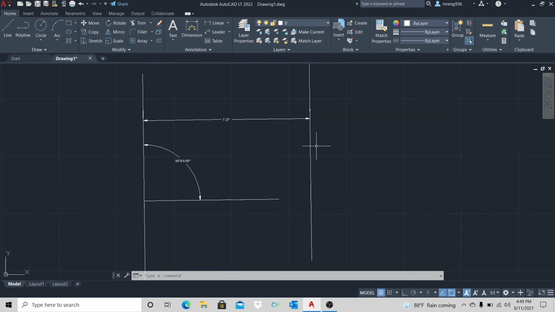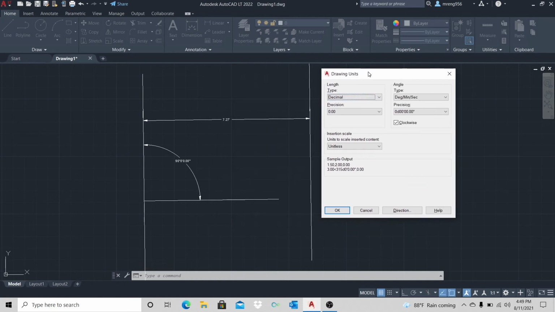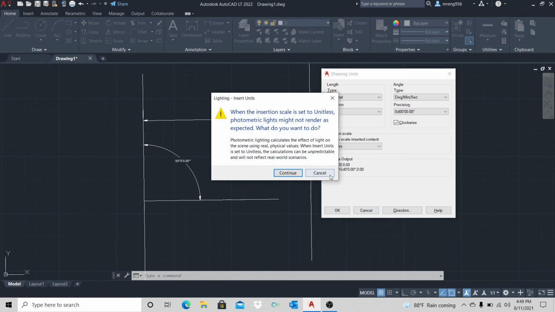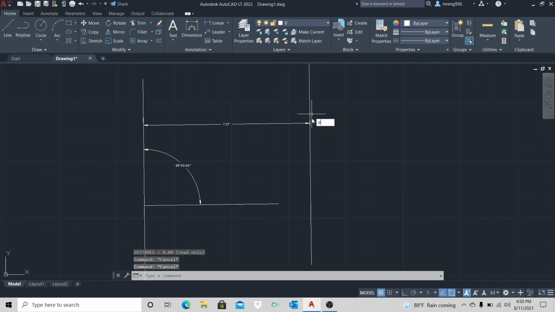Now, what we did earlier when we typed in units, this was only to mess with whenever you dimension your objects. What I mean by that is, let's cancel that. What I mean by that is when you do distance, hit spacebar, so do DI again, spacebar,